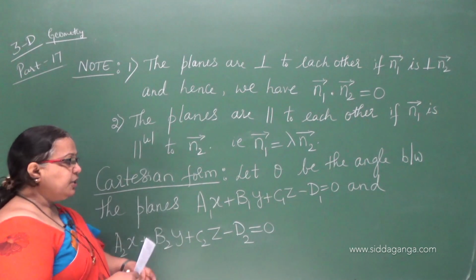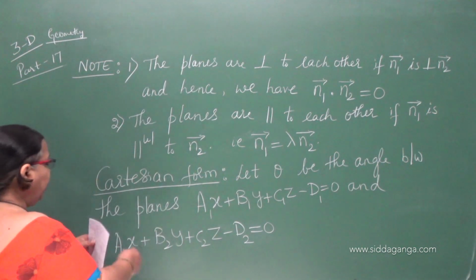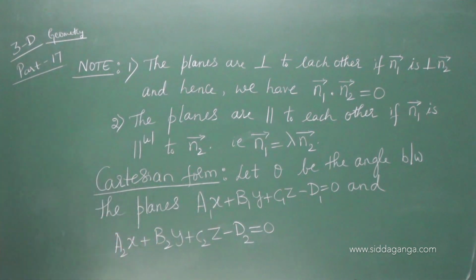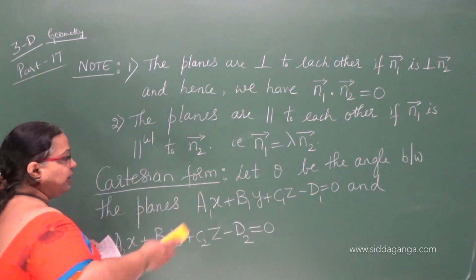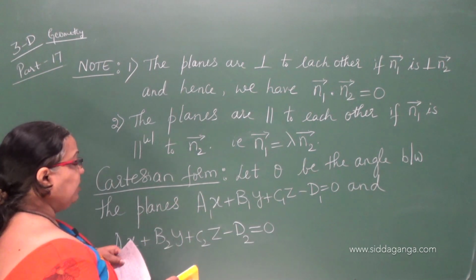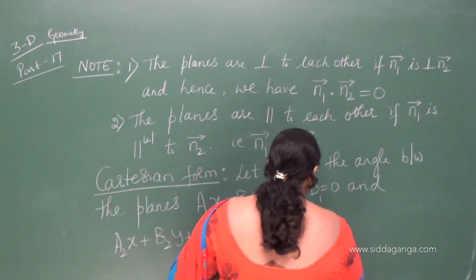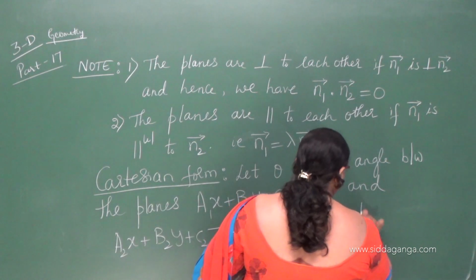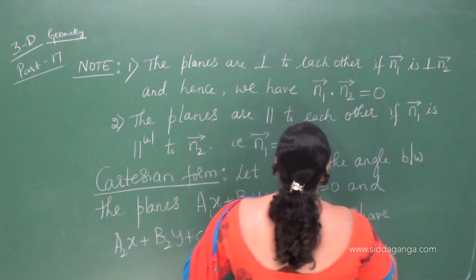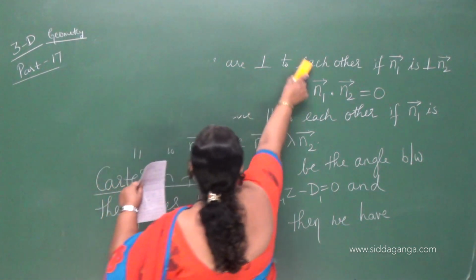So if the Cartesian form is given, then we have to write the formula. So in terms of the Cartesian form, let theta be the acute angle between the given two planes, then we have cos theta equal to